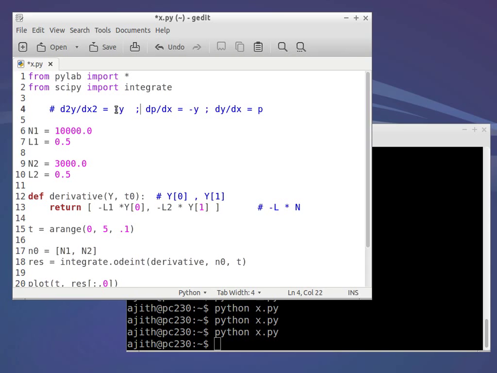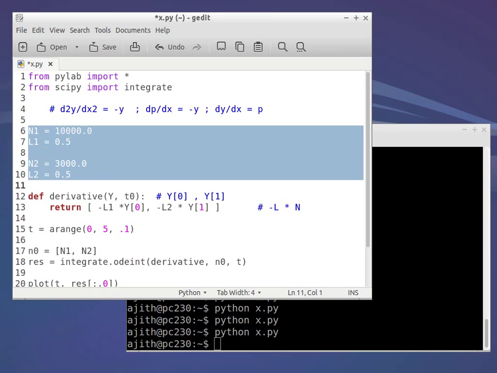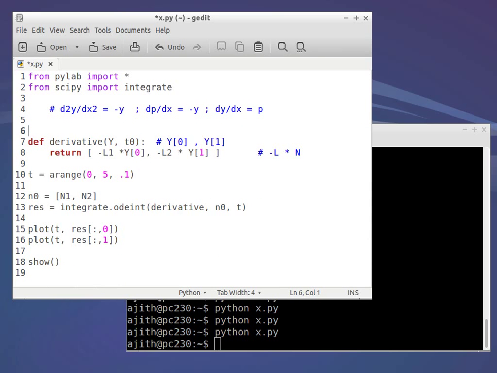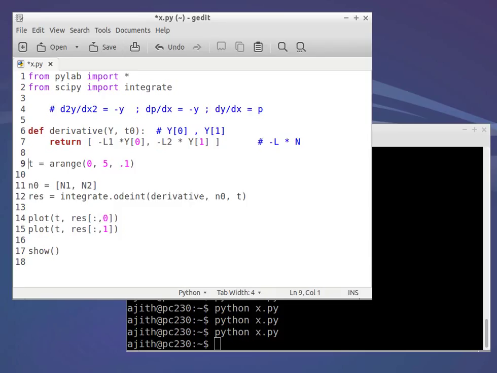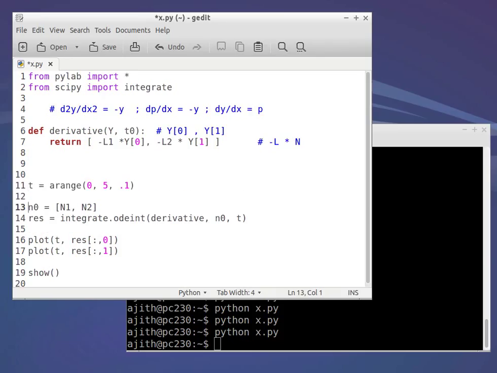So you convert this one second order equation into two equations, that is dp by dx is equal to minus y, and this p is nothing but dy by dx. Alright, so now let us get the starting points ready. Starting point,